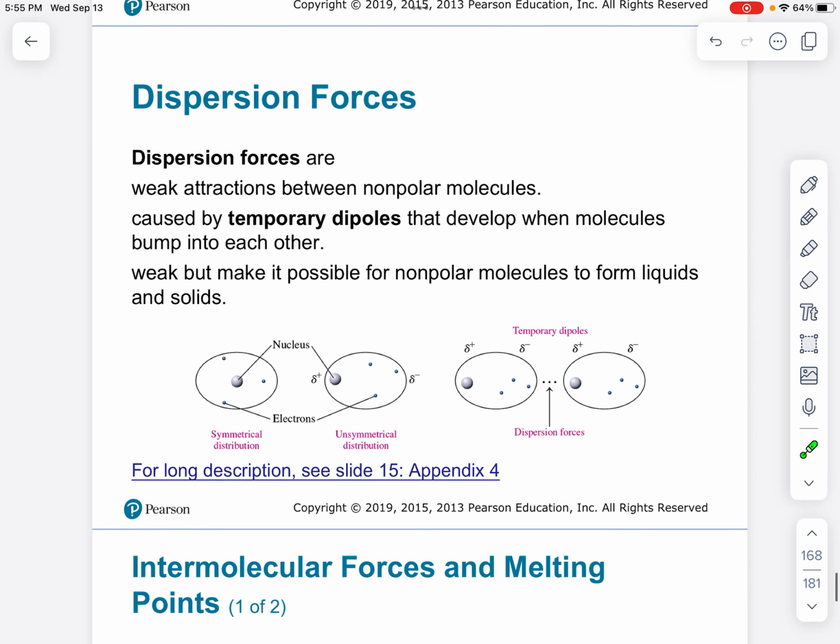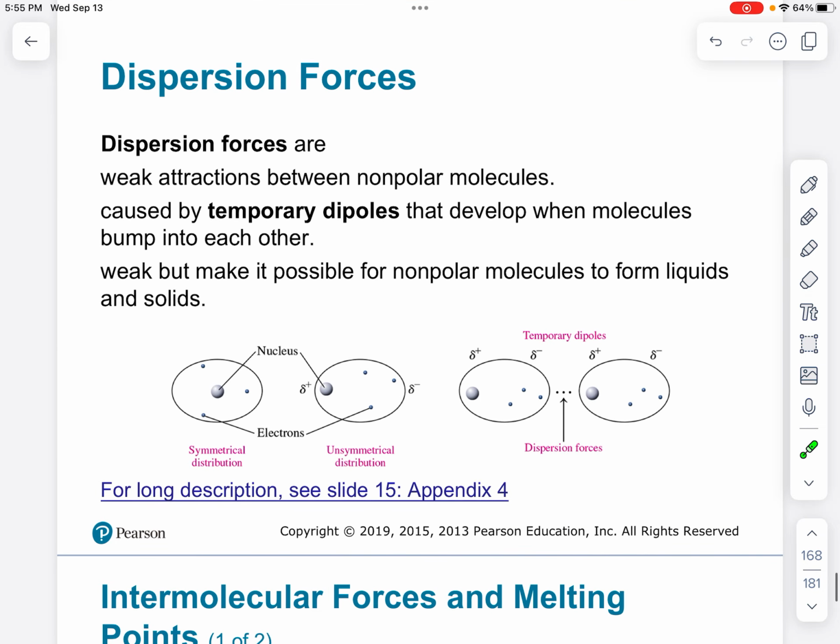A weaker force are these dispersion forces. Dispersion forces are weak attractions between nonpolar molecules. And these are actually temporary dipoles. For the longest time, I could not figure out what that means. So these are nonpolar molecules. What happens is,